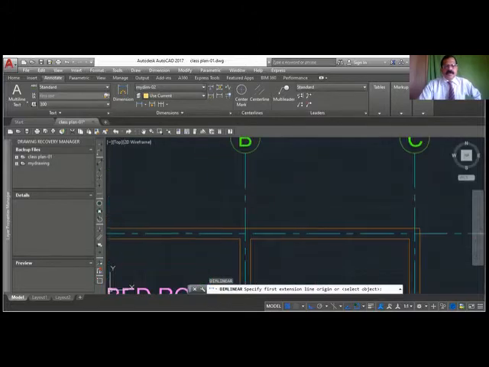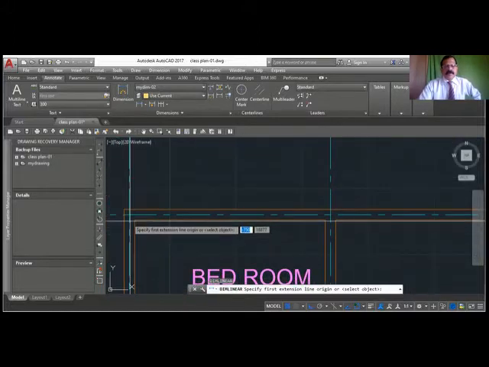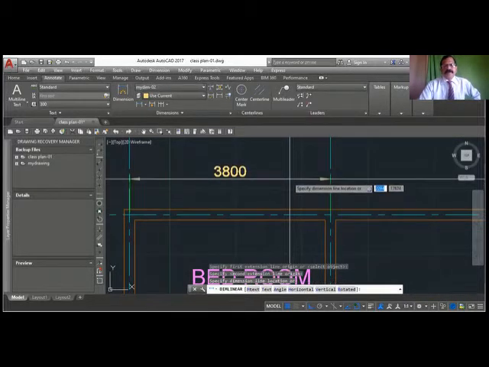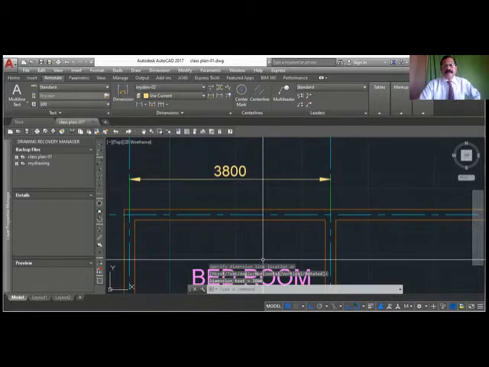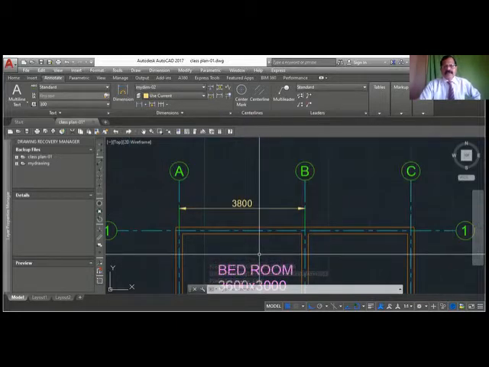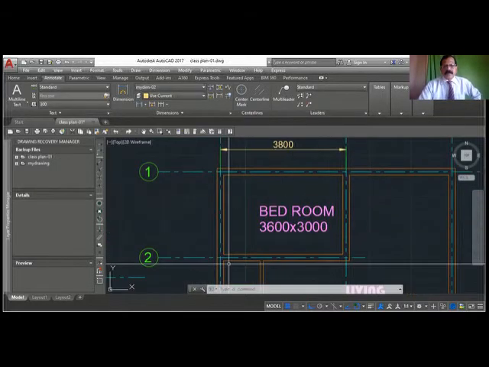Okay, so I want to do the dimension here. So first I will show here. First point, second point, and location. Click. Okay, so this is dimlin, dimension linear. So this you will use to create horizontal or vertical. This is vertical.